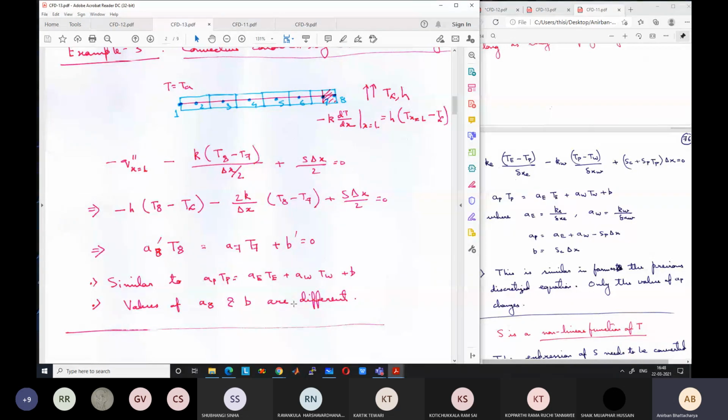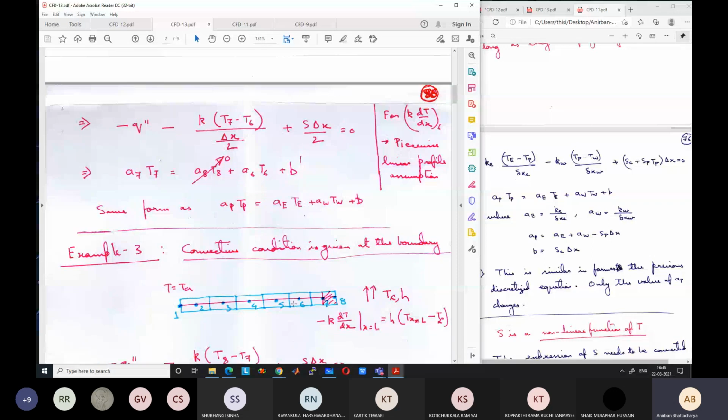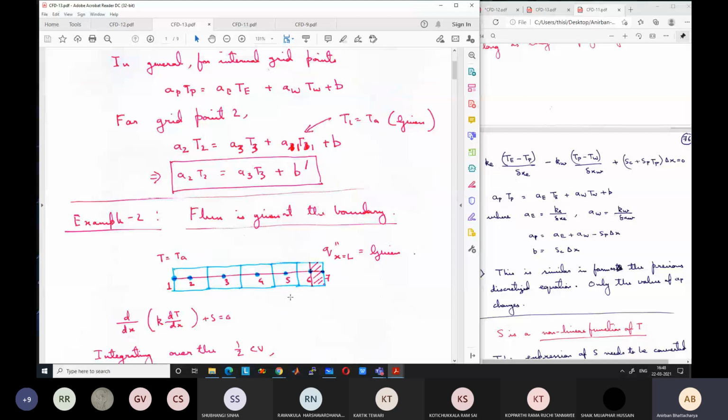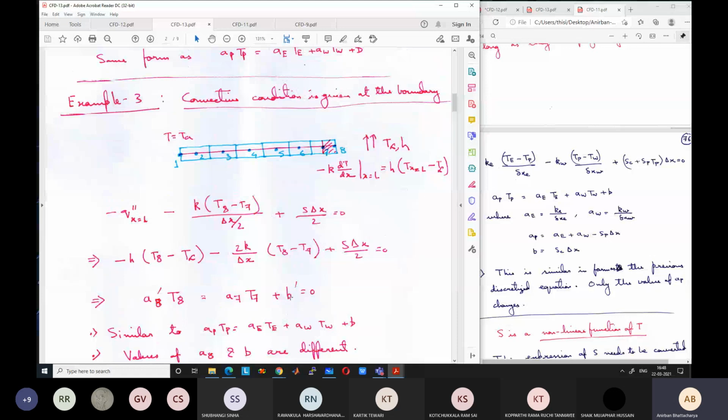So this is how we should treat the boundary conditions. And we have to be careful about boundary conditions. Many students make mistakes while writing code. They forget this is a half domain or something like that. So the heat flux becomes twice the value or half the value. So these things have to be checked carefully.